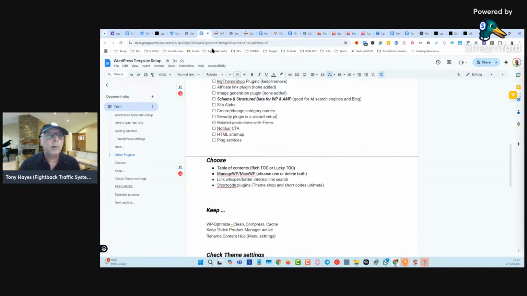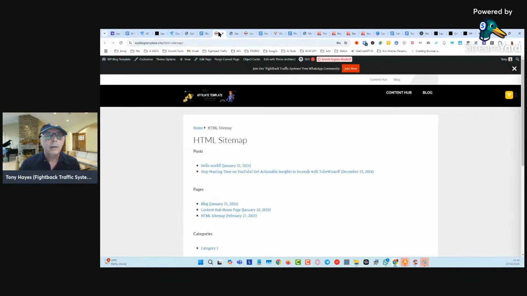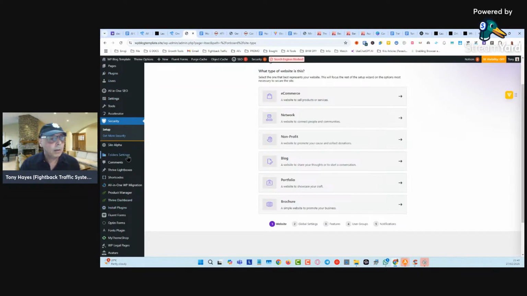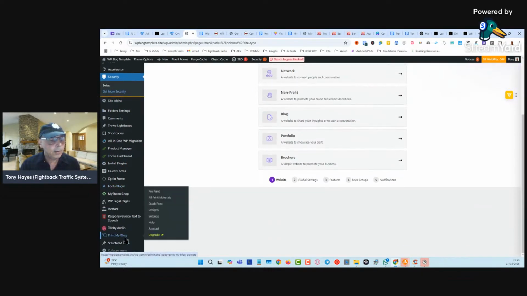Next one, the Notibar. Now this is just a simple little notification bar at the top. Simple notification bar at the top. You can put in anything here that you want to offer. It's quick and easy to set up. Nothing hard about it. I'll just go to Notibar, if I find it over here,